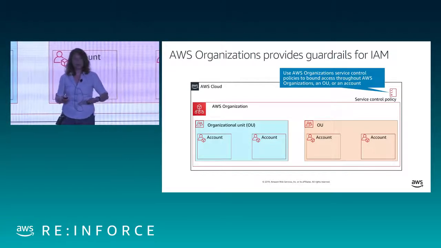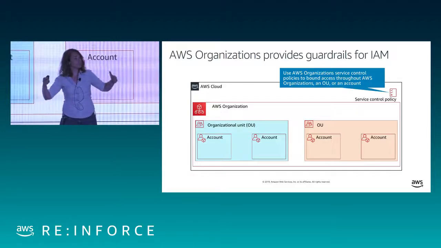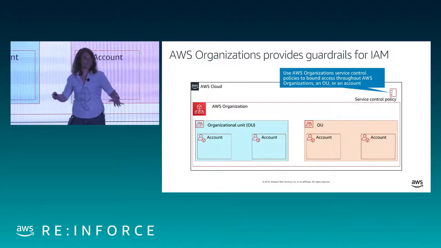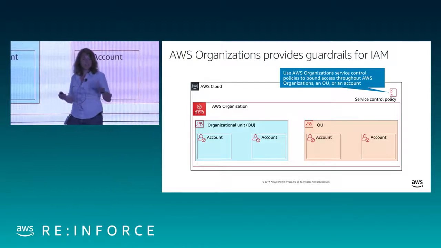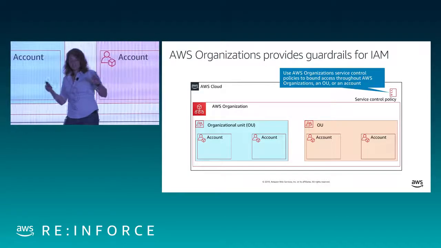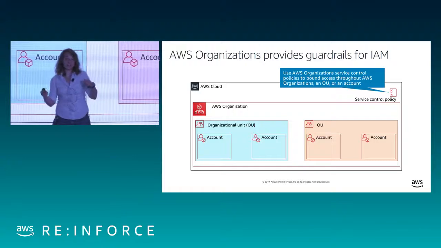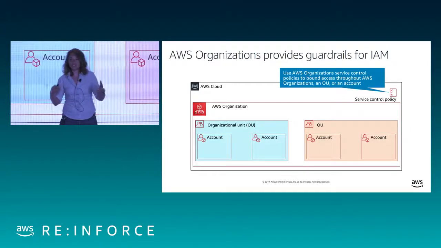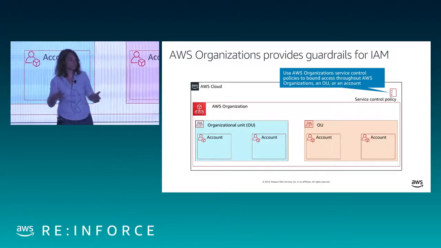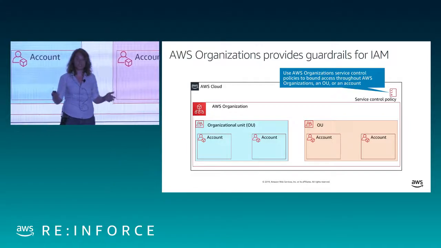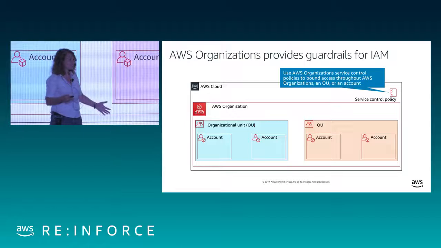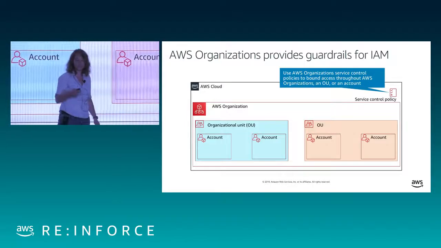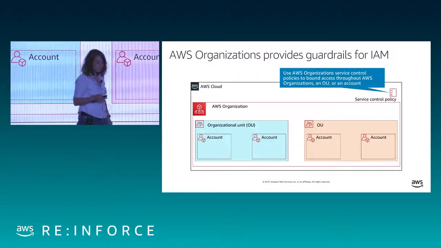So it's a good thing to know about as you start moving up a level. If your job is to secure an entire organization, go look at service control policies. And as a matter of fact, we just launched the ability to look at your historical usage of various services across your organization. That's in the IAM console. You look at the left rail, organizations. It's a good thing to look at as you're trying to figure out what service control policies to write.